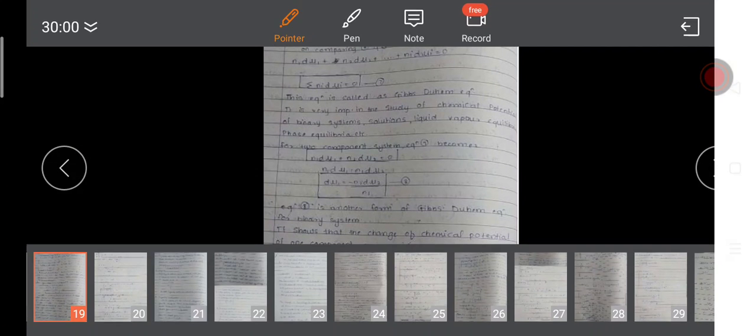We have seen the first part of Unit 1, that was chemical thermodynamics. I think you got this concept very well. In part 1, starting from the initial, we started with the different types of free energies. In that we have seen the Gibbs free energy and Helmholtz free energy. Gibbs free energy is denoted by the symbol that we have seen already. Helmholtz free energy is denoted by the symbol A.